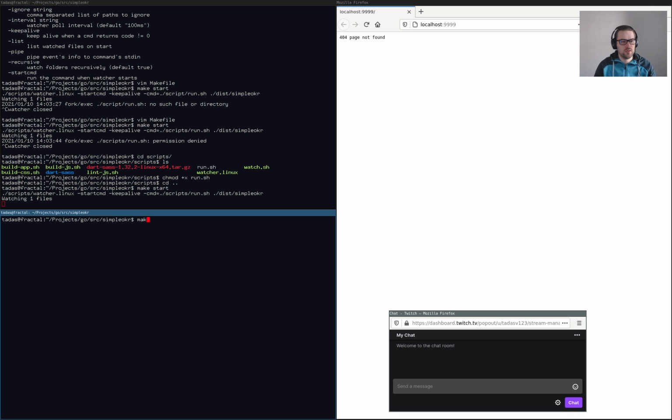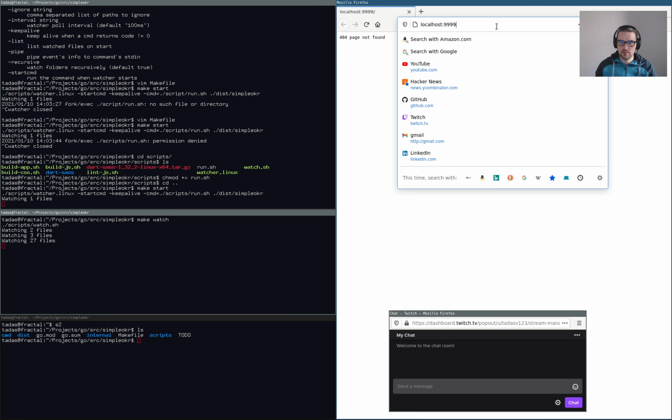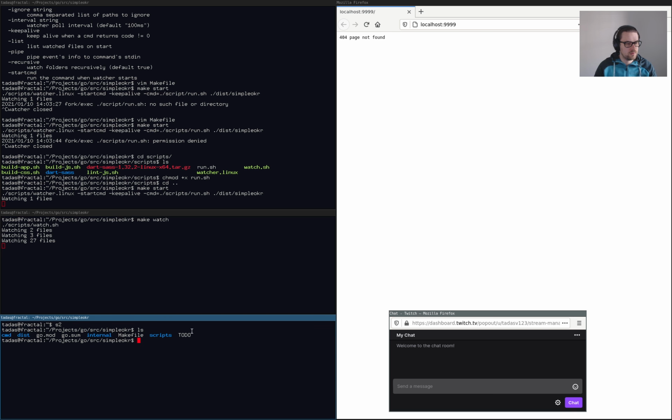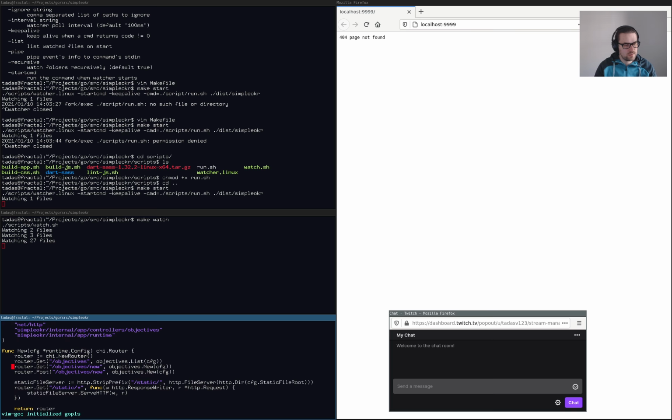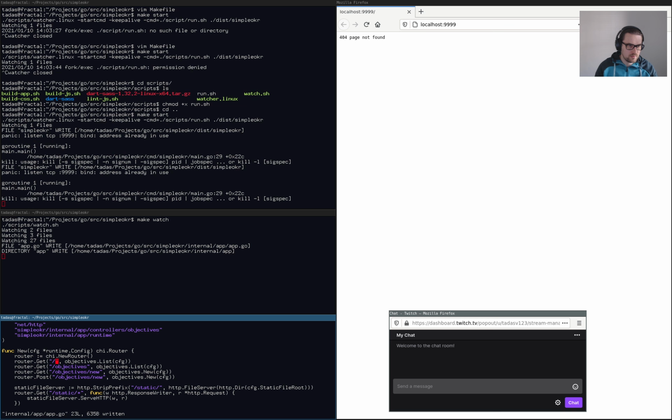if I add my watcher, watch, so it starts the watcher, and now if I edit a file, let's say, not a file. Let me add a new handler here. So cmd internal, let's just add the same handler here. So okay, so it doesn't